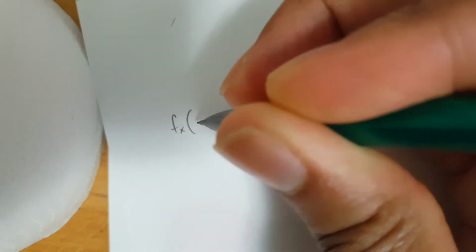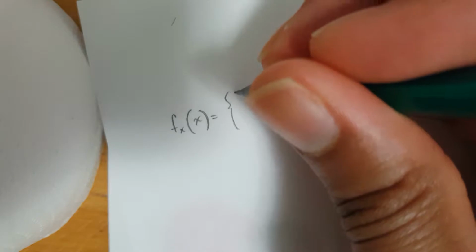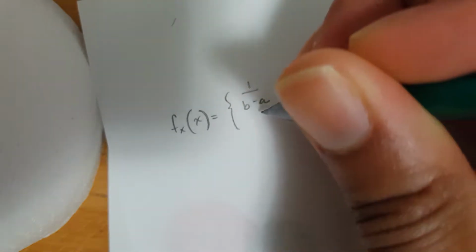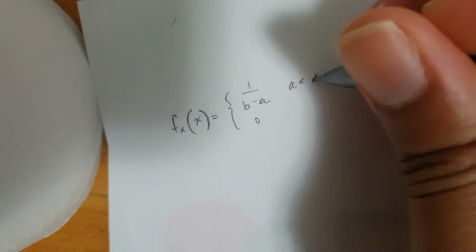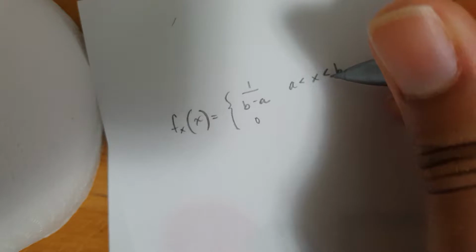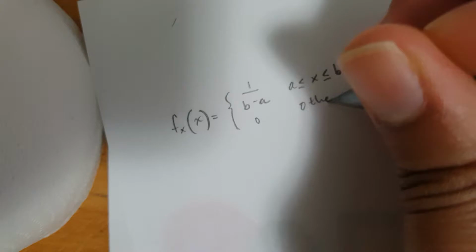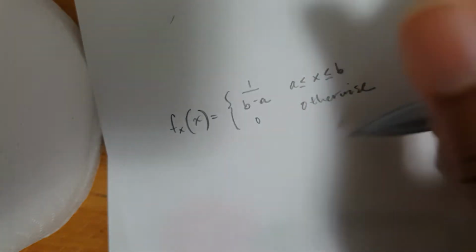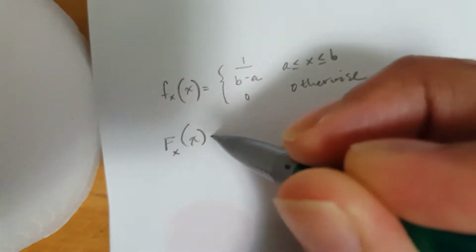So f of x equals zero, and between a and b, and then we have this for otherwise, and we have big F of x equals